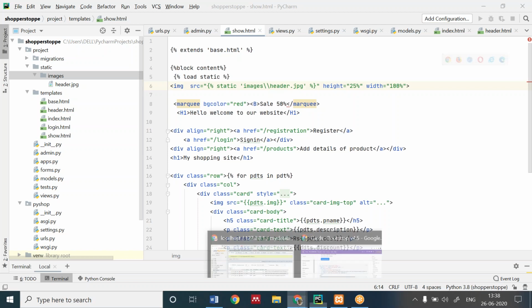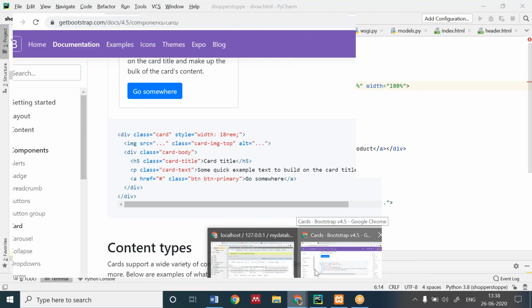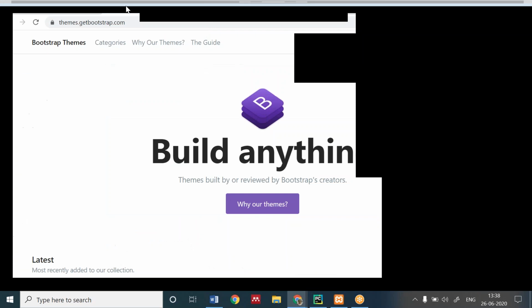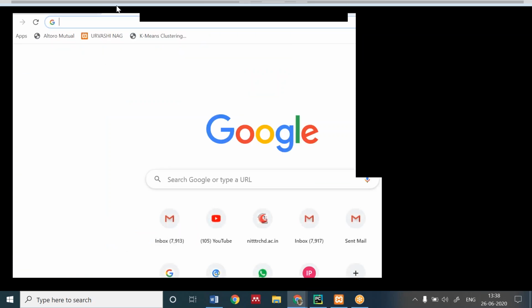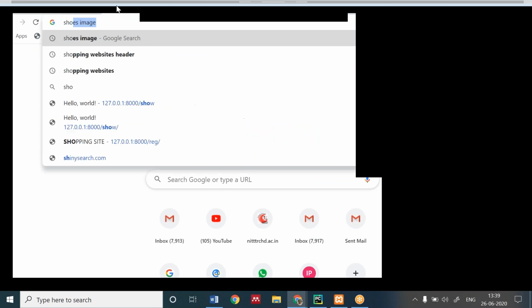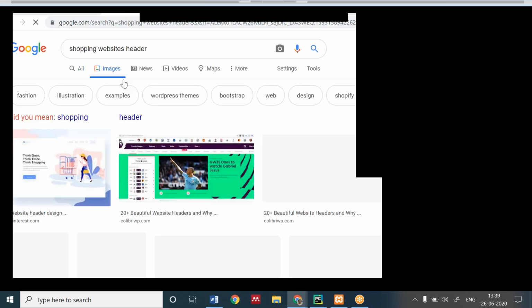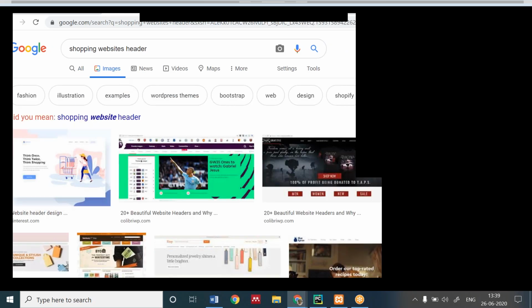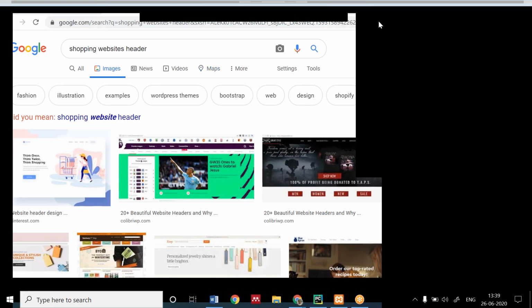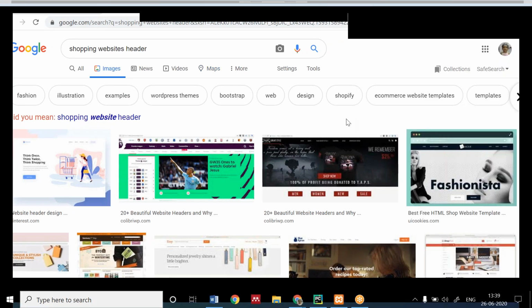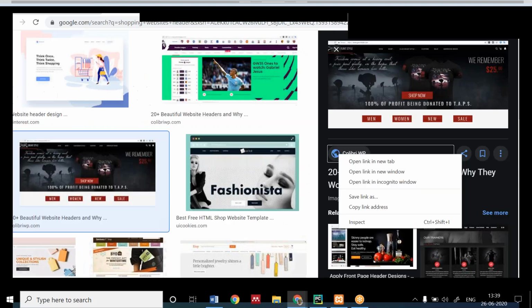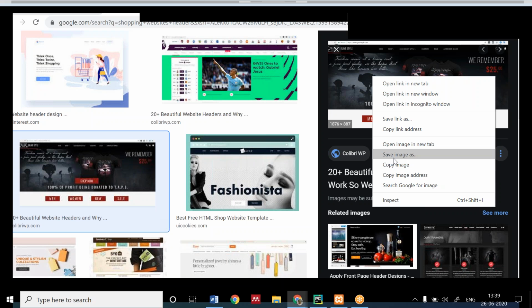Suppose I download one image for you. I'm going to download one for you. You can download this one. Okay, I'm going to download this. Save image.